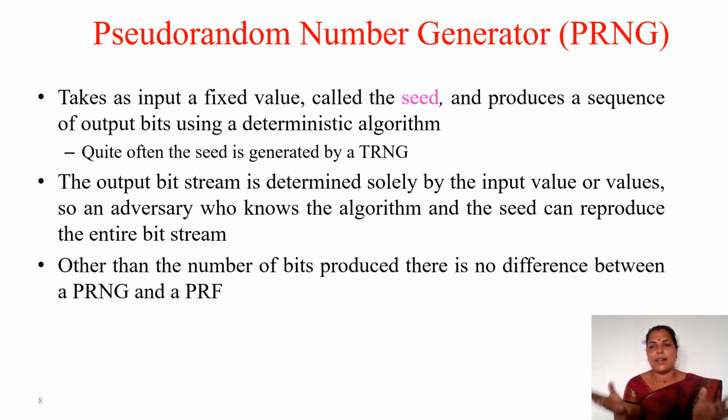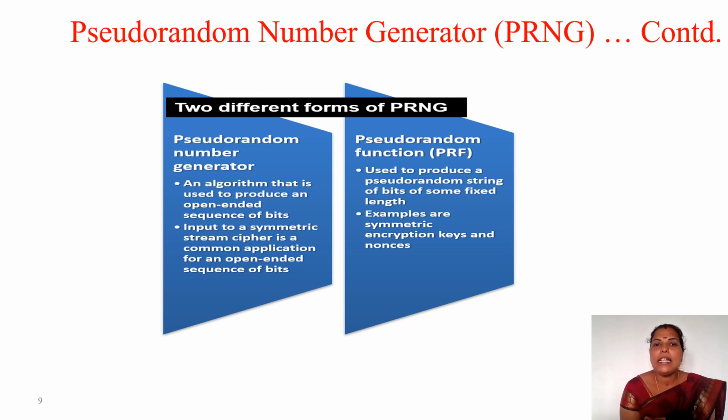That is, the size of the generated key must be of any number, but in the pseudo random function we are generating a fixed length size of the value, random number only we are generating. So the difference we are seeing here is between the pseudo random number generator and the pseudo random function.